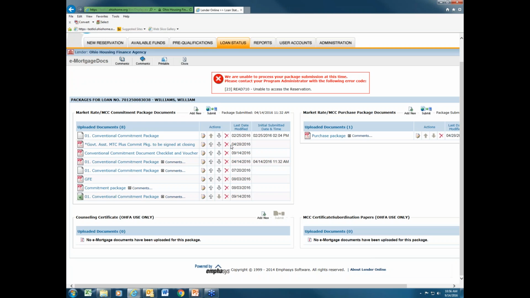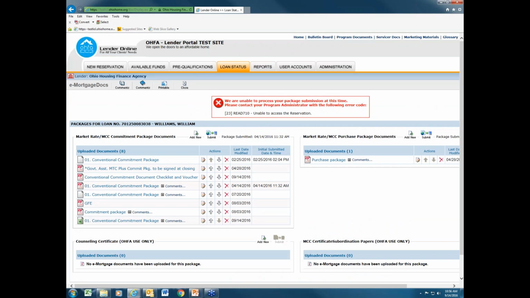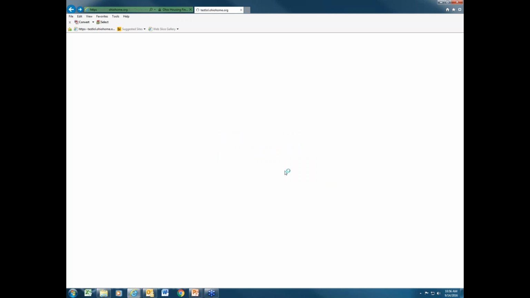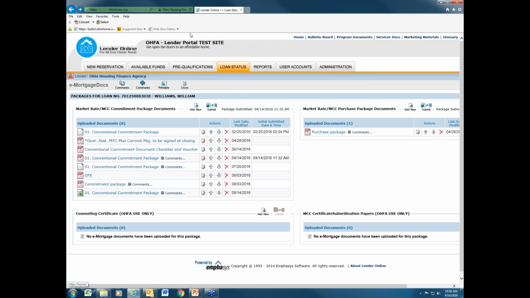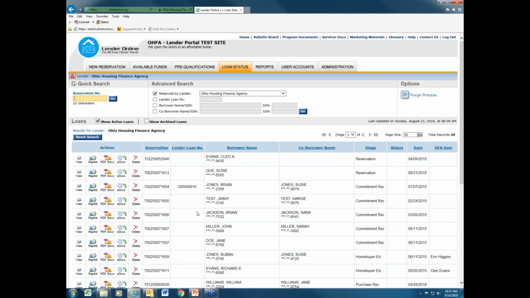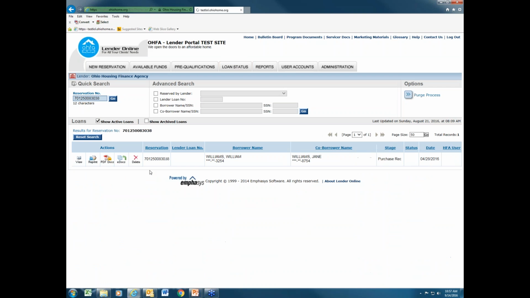Okay. So pretty much that's going to be it from a commitment standpoint, which would be, let me see if I can get back to where I want to go. Come on. No. Okay. Let me just change screens here real quick. Okay, so coming back to the PDF screen,